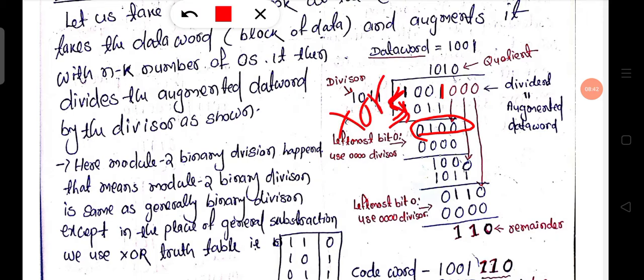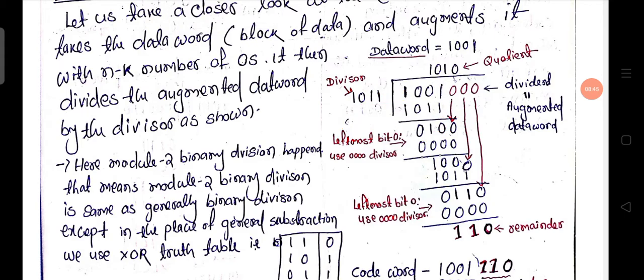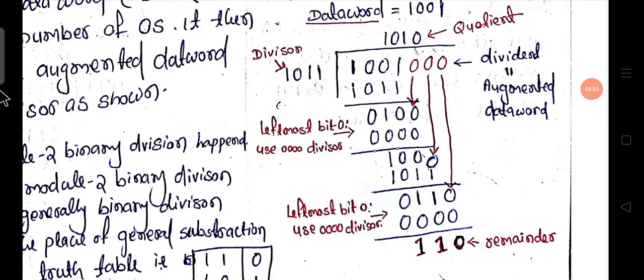Okay, let's see how the XOR is used. Here you see this is 1 0 0 1 0 0 0, and 1 0 1 1 1 is the divisor. First of all, this is 1, 1 and 1, 0 and 1, 0. In general division the subtraction happens, but here in modulo 2 division the XOR